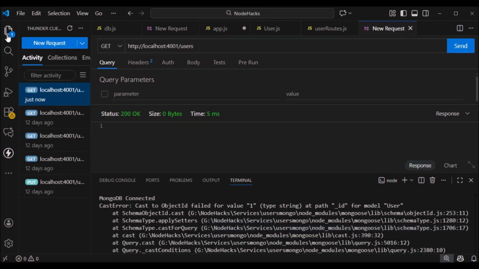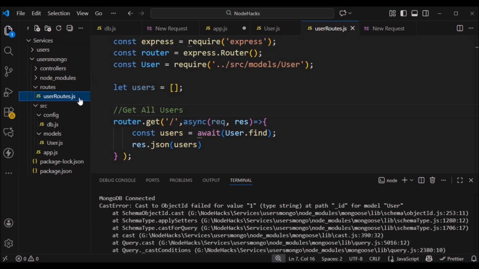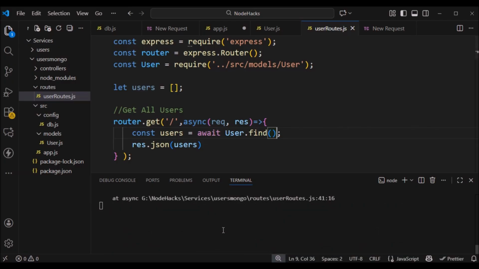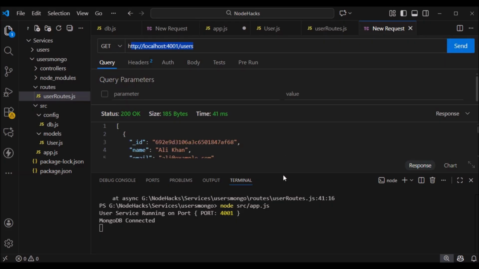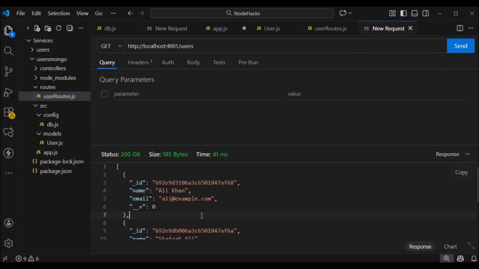1. Now if we look into the code of get all users route, we can see that there is a little code issue as User.find is a function, but we mistakenly put it inside the await. You correct it and then run the server again. And you will see that all users are loaded in the Thunder Client output response panel.